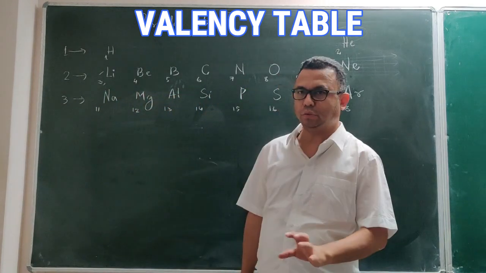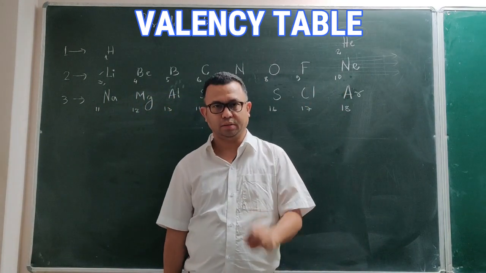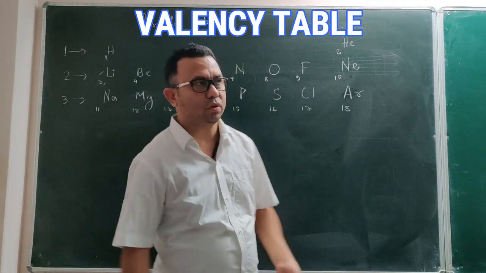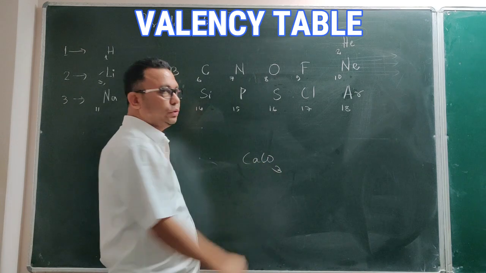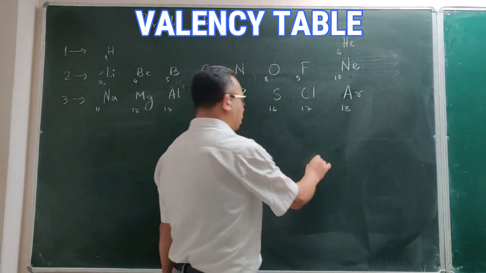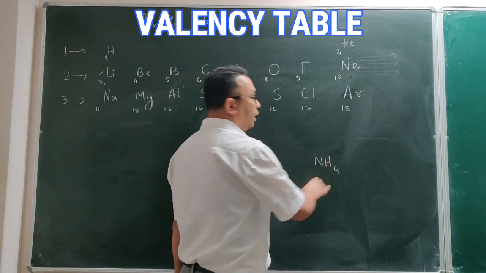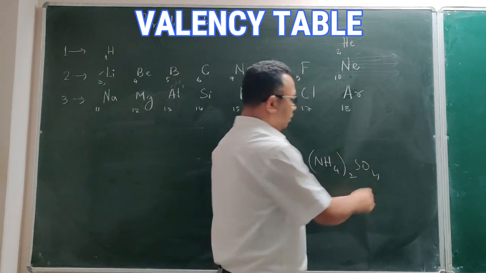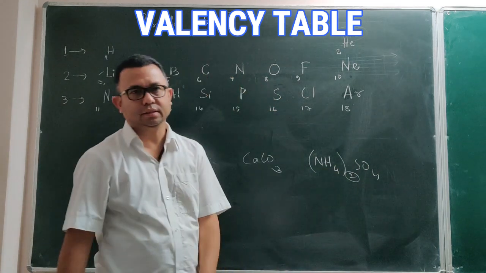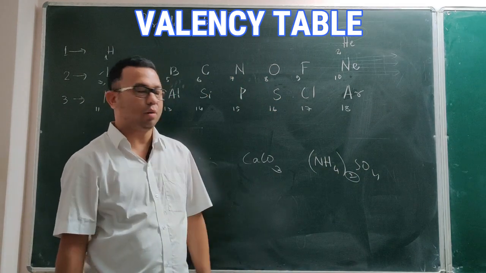Almost every chapter, you have to write chemical formulas. Supposing somewhere you'll come across calcium carbonate, and if you do not know that the formula of calcium carbonate is CaCO3, or if you do not know the formula for ammonium sulfate, then you have to write it like this, ammonium sulfate. And if you are not writing the valencies or that crisscross method properly,